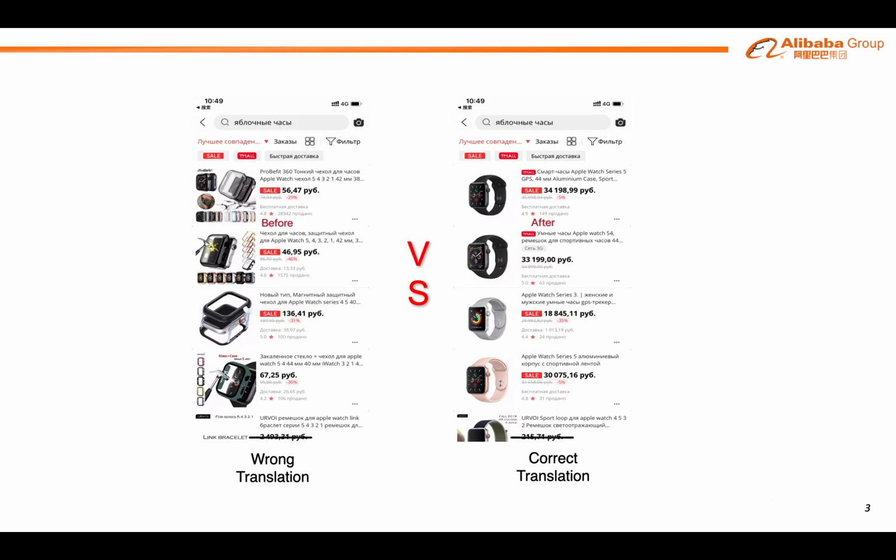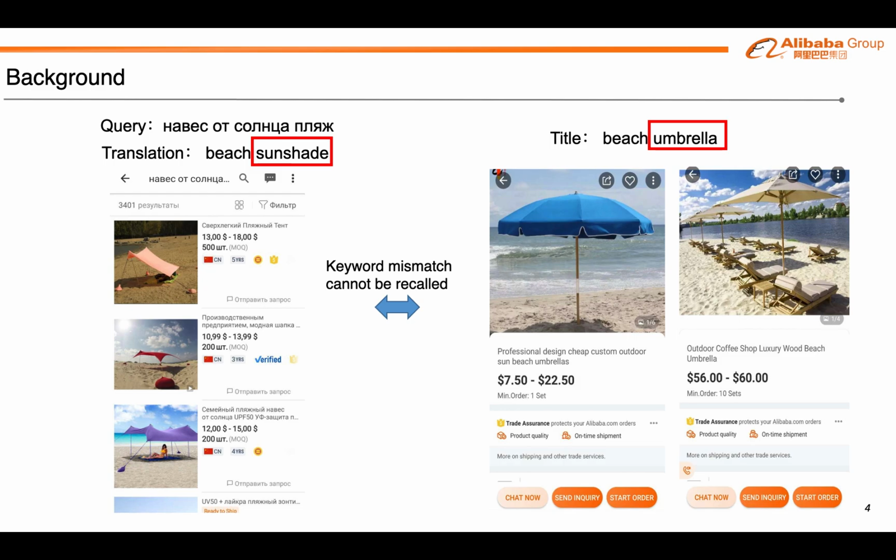Here is an example of how mistranslation affects the shopping experience. The buyer wants to buy iWatch but gets the product of iWatch. As we mentioned before, inconsistency of the same word in query and title will also miss what buyers really want. In this picture, the consumer is planning to search for beach umbrella, but we offer him beach sunshade. However, both sunshade and umbrella have the same effect, but the consumer may run a store and intend to provide tourists a place to drink and eat.